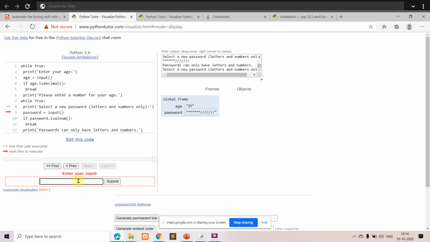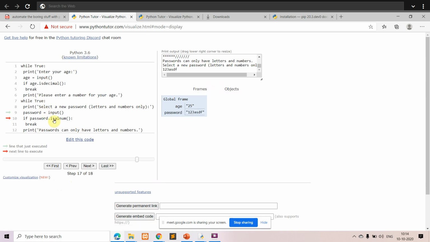So now I will enter 123ASDF. Okay. So now I have entered the password as 123ASDF. So now it will check this isalnum. So I have given an alphabet as well as numeric. So now in this case, what happens? The password I have entered is a valid one, so that will be stored here. So this is a program which is asking the user to enter a valid age and password. So until the user is entering a valid